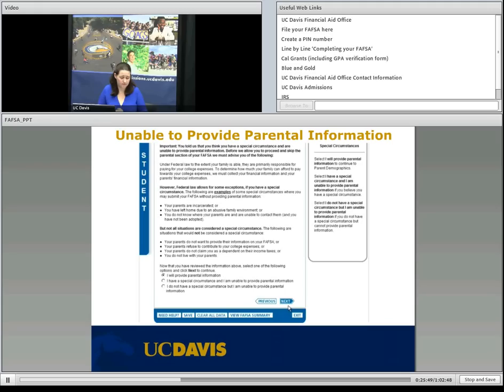Now, this is a strict process, and it can vary from school to school. We do ask for documentation, and there are certain reasons why we couldn't just automatically make you independent per our regulations, such as your parents not claiming you on their tax returns, also parents unwilling to provide any sort of support. But if you're interested in that process for UC Davis, if you visit our financial aid website,